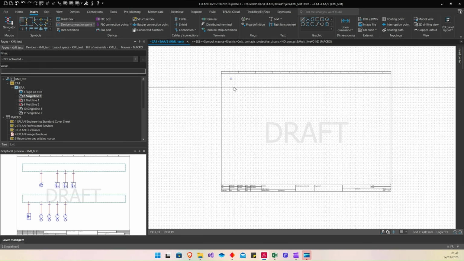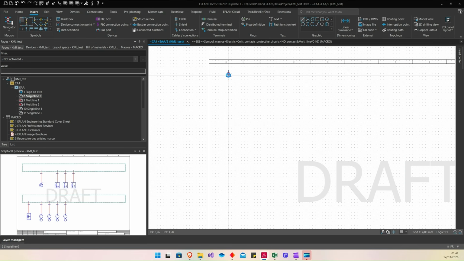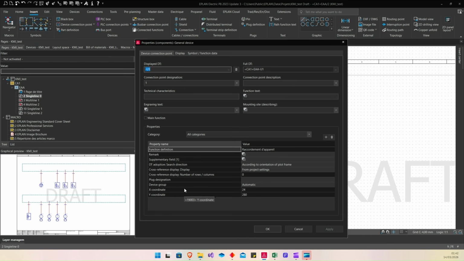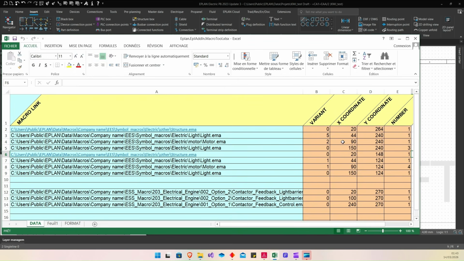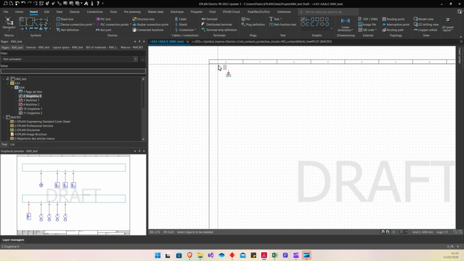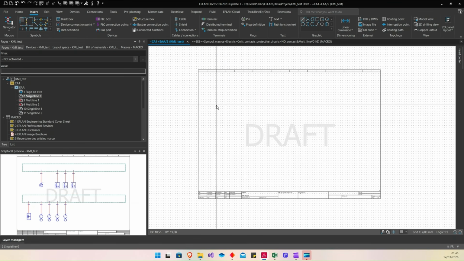After that, I can now see the X and Y coordinate of this device point connection is 24 and 280. So now I can set this value here.